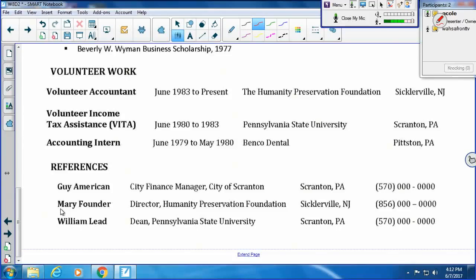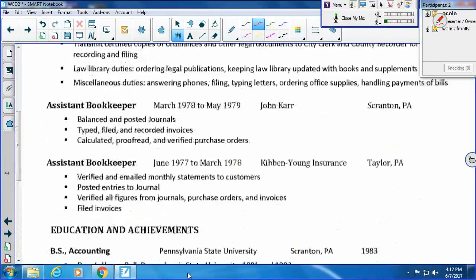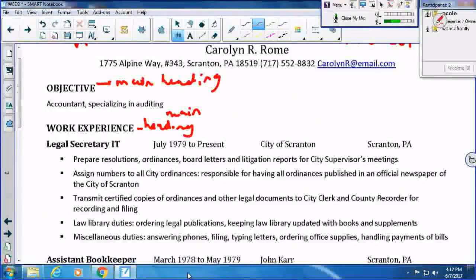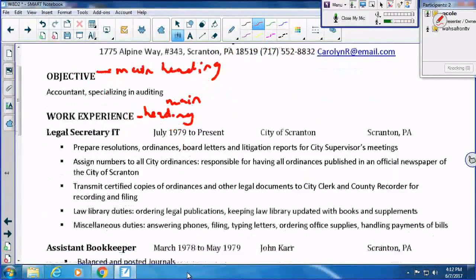And it's a good thing to do anyway, because let's say you submit your resume and then you end up having a job interview. Well, you'll already have your references ready. So this assignment really could prepare you for finding a job in real life.